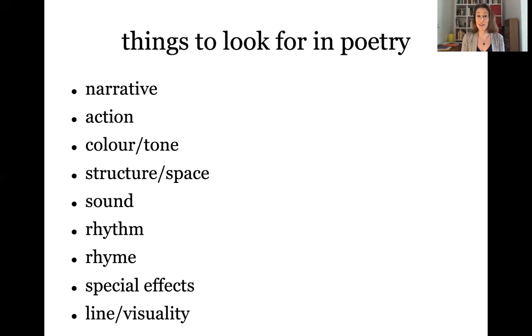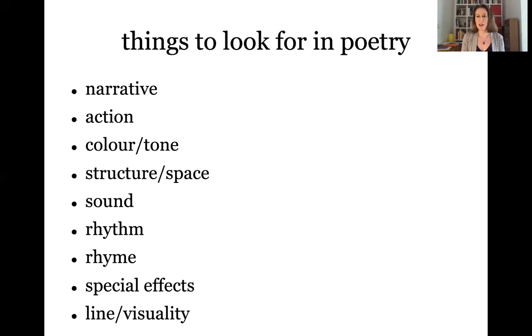Listen to the sound of it. What sort of sounds are produced, right? What can we say about the rhythm of the poetic lines? Is there rhyme? What is the rhyme doing? Is the rhyme calling us to emphasize anything? What kind of effect does the rhyme have?